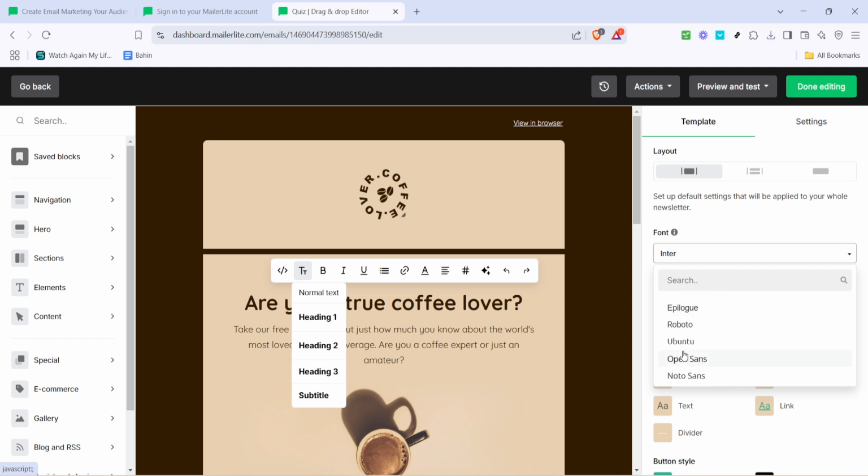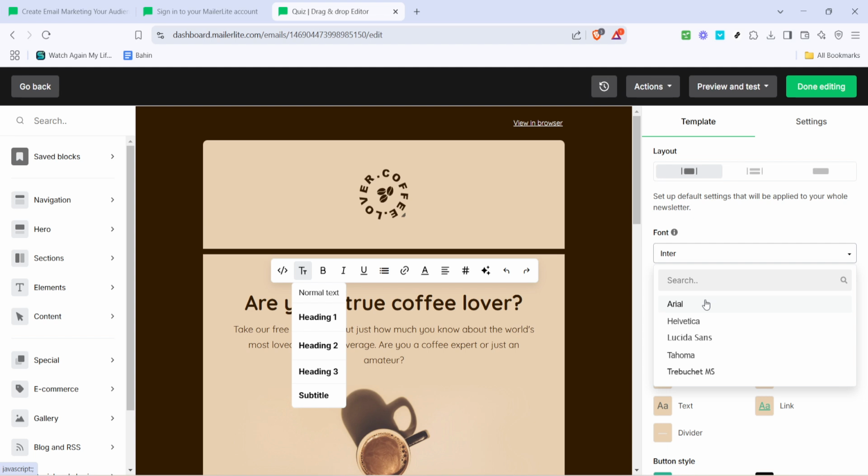By changing the font, you can significantly impact the look and feel of your email marketing, providing it with a unique touch that aligns with your brand's voice. When selecting a font, consider readability and how well it fits with your brand's image. Also remember that some fonts might look appealing but could be less readable on different devices. Always preview your email to ensure it appears as you intended on both desktop and mobile devices.